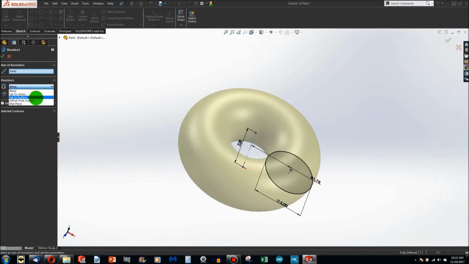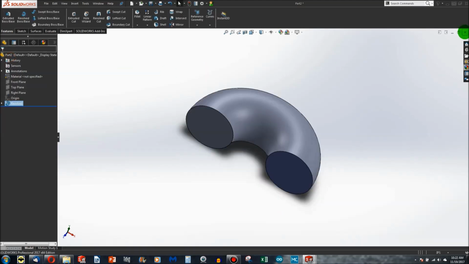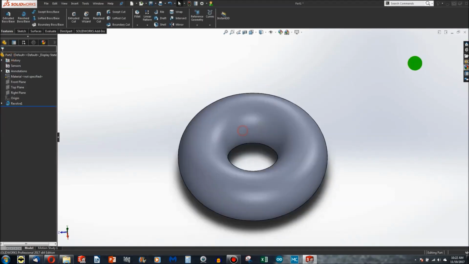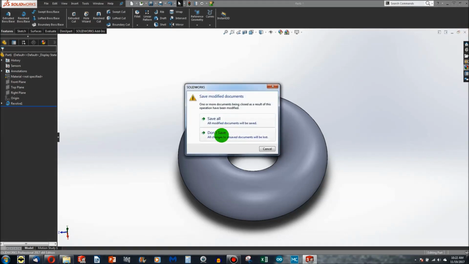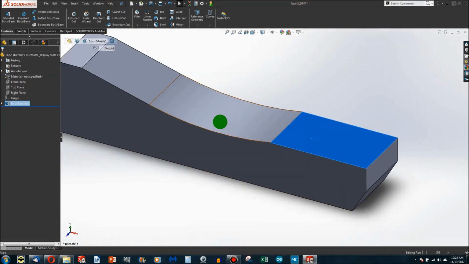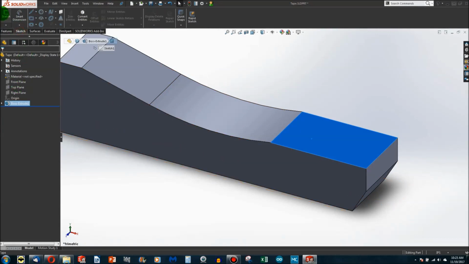I can also revolve up to a surface or a vertex, which works the same way as Extrude. In this case it's not very applicable, but maybe I should do an example in case anyone is curious or doesn't understand. So I'll open up our friend the tape again. Alright, so if I want to create a sketch on this face,